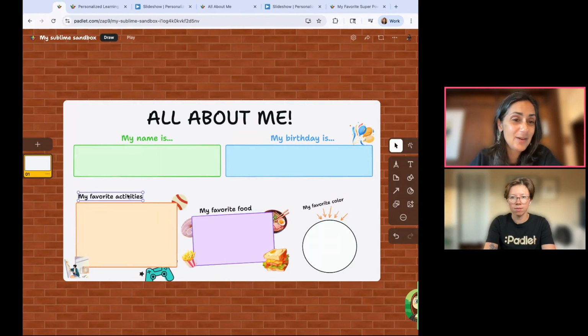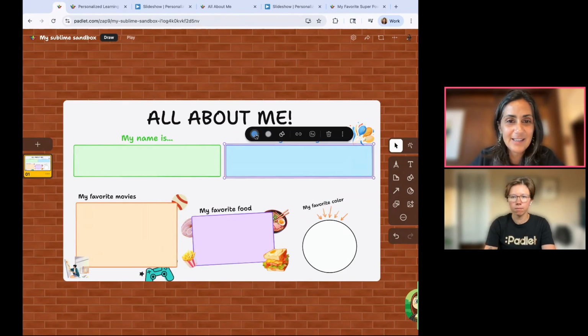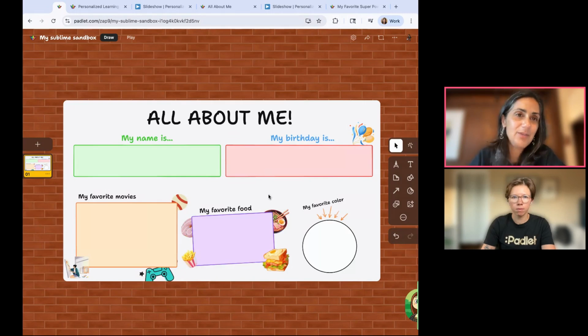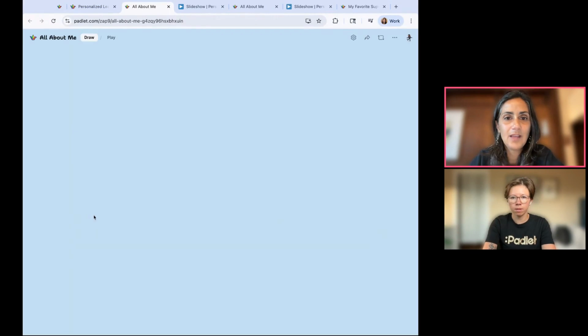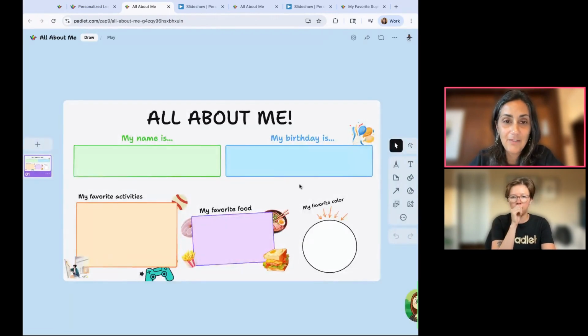If you want to change one of these things, like my favorite movies, I could come in here and change any of this text, any of these boxes. I could change the colors. So the templates are to get you started, but you can still change them. So that's one thing you could assign to your students. And I'll share one more thing about this. If you wanted each of your students to have their own copy of this, that's also really easy to do